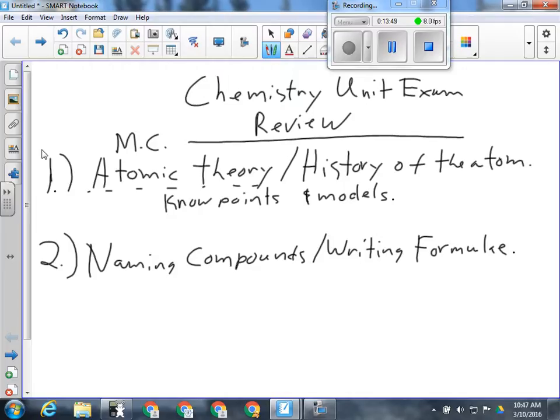But it's more important in that if you can't write formulas properly, you can't write reactions properly, you're not going to balance reactions properly, you're not going to predict reactions properly, and that's where the big marks are. So it is important that we know how to write the formulas for compounds and name compounds properly. So certainly go over that, so that you are confident in your ability to write